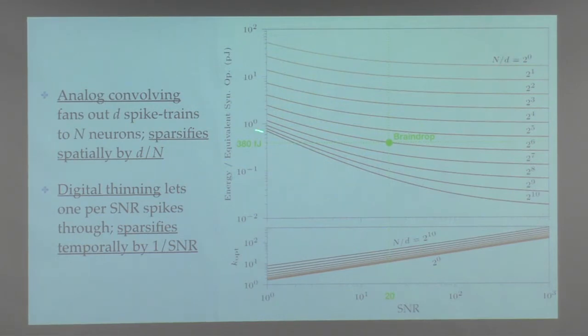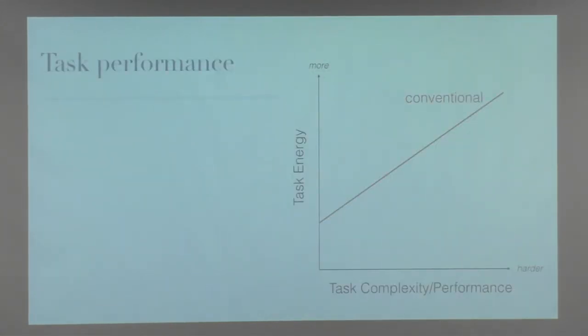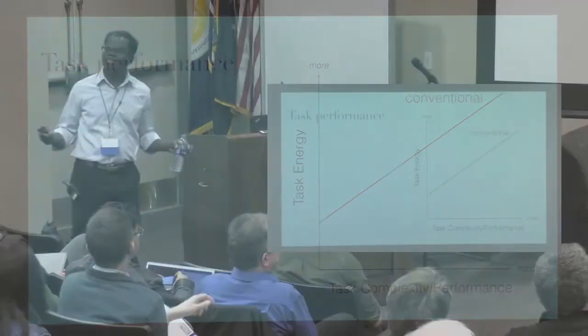We are getting about 380 femtojoules per synaptic operation, whereas TrueNorth and Loihi are at about 25 picojoules per synaptic operation. We like to pride ourselves as the first guys who beat the GPU, because the Tesla GPU right now is at 2.5 picojoules per floating point operation. So that's just energy per synaptic operation.